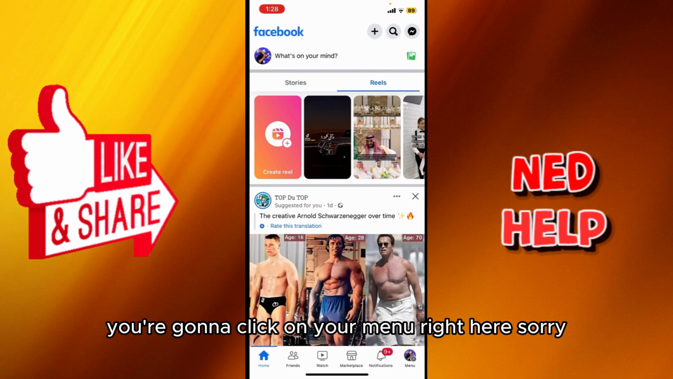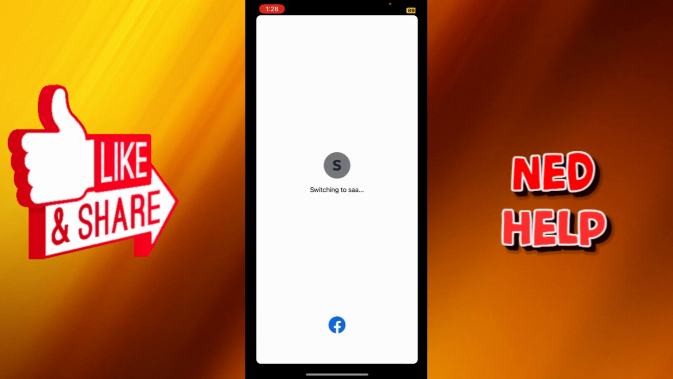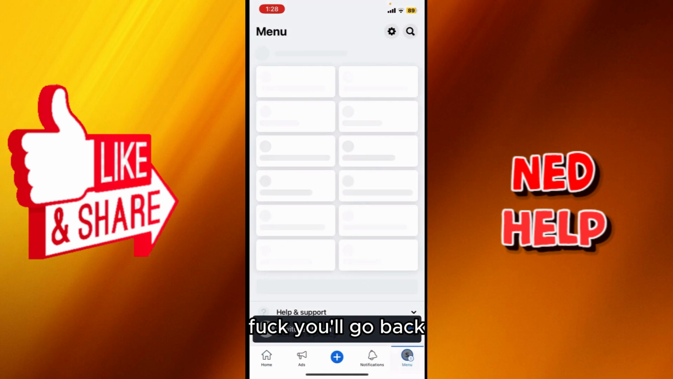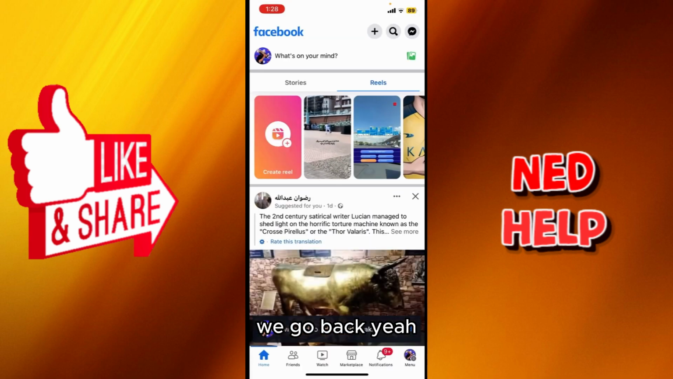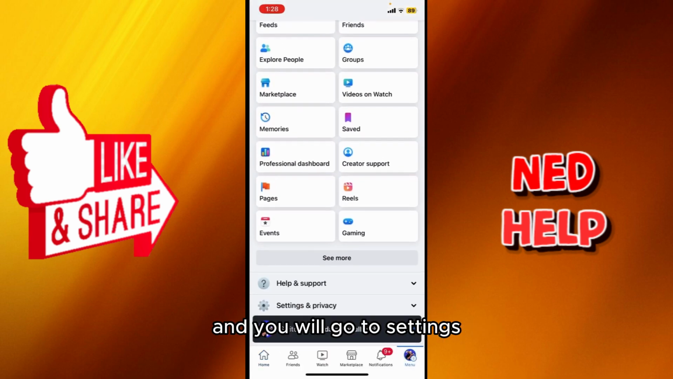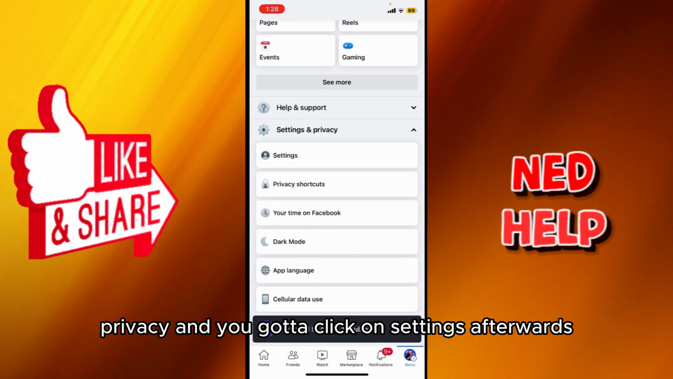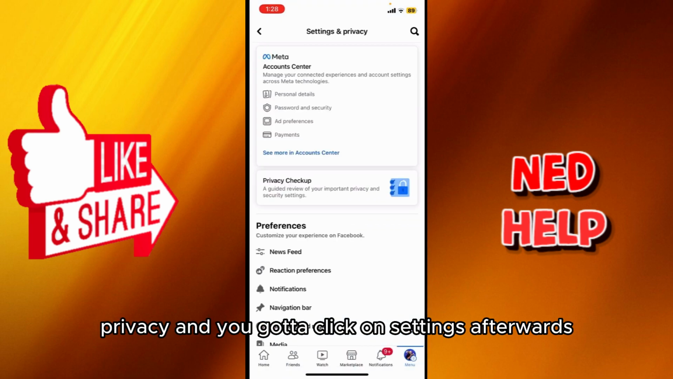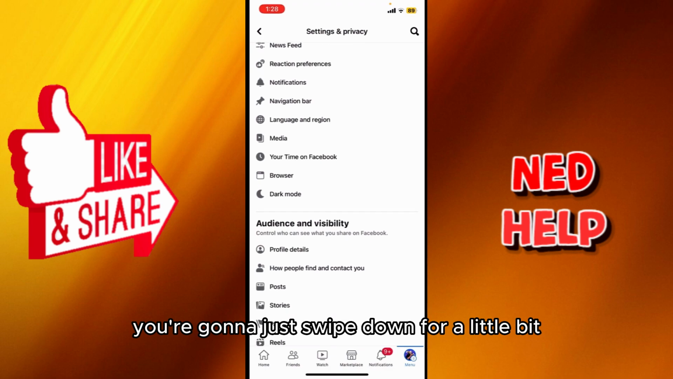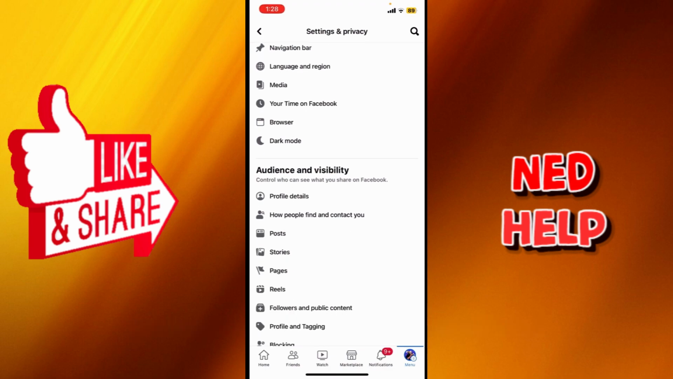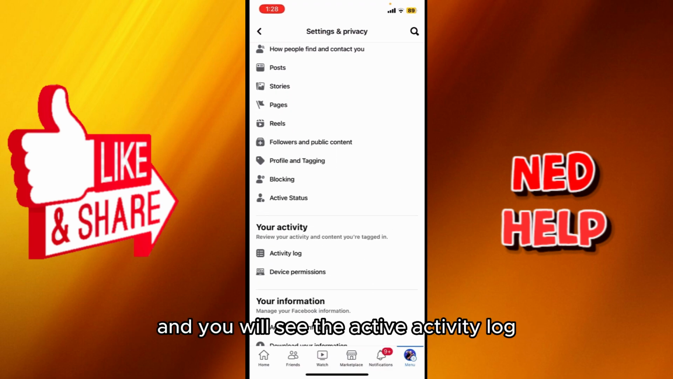First of all, you're going to click on your menu right here. You'll go back. Let me go back. Yeah, you will go to your menu right here and you will go to settings, privacy, and you're going to click on settings. Afterwards, you're going to just swipe down for a little bit and you will see the activity